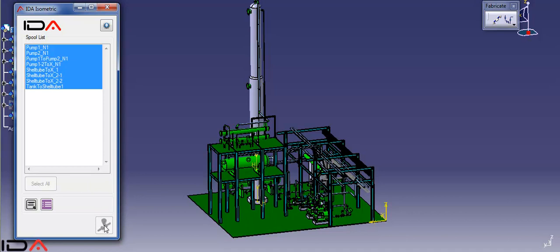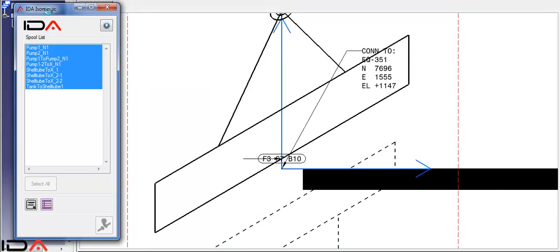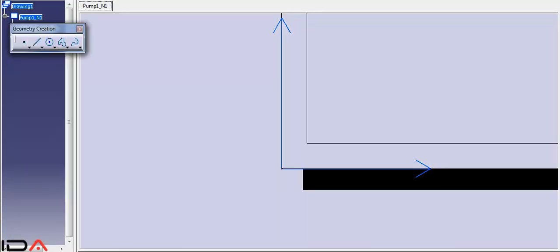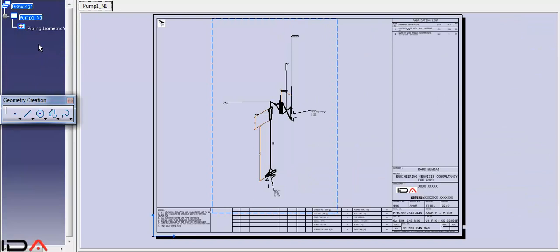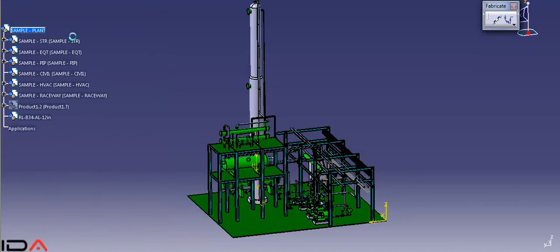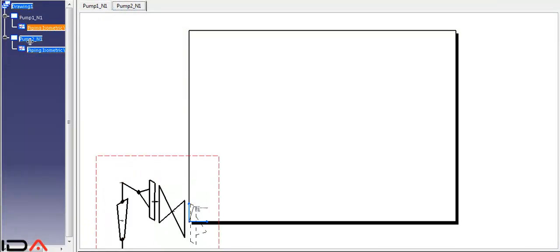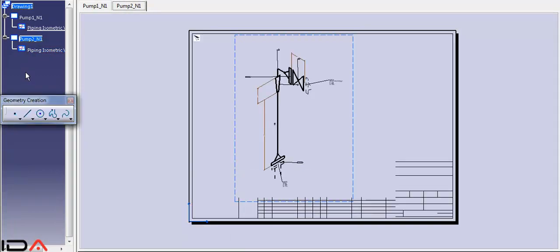So what it will do, it will start fetching the data which is at the background, and it will start generating isometric drawing for each and every spool. So right now what you see over here, it is in the piping workbench of CATIA, drafting workbench of CATIA, and it will start extracting each and every spool and start creating isometric drawings in individual sheets,